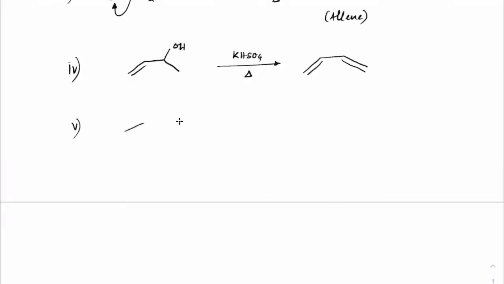Okay. In case you take a simple butane and react that with Al2O3, Cr2O3, it will undergo pyrolysis to give double bond formation. This would also be one of the products. This is one way to prepare conjugated dienes. So there are many methods by which we can prepare conjugated dienes.